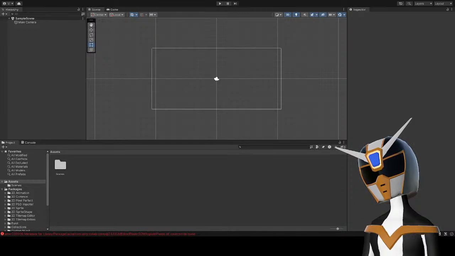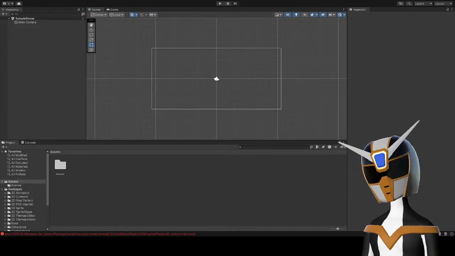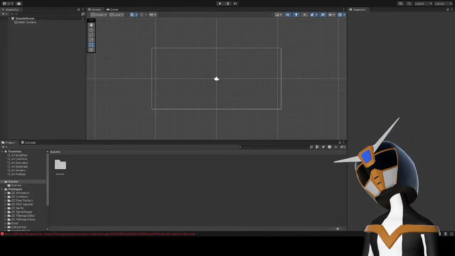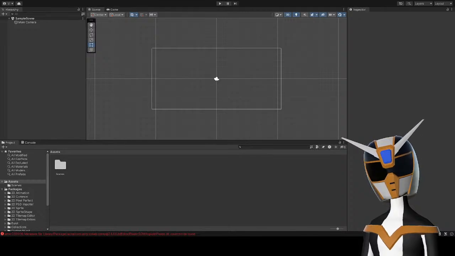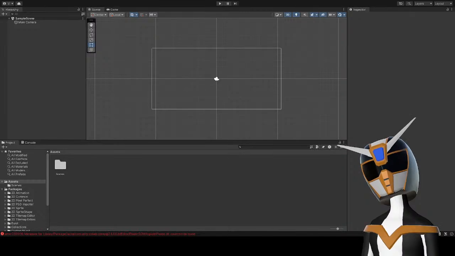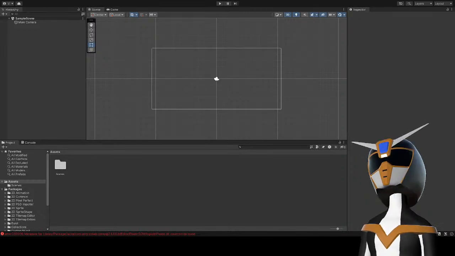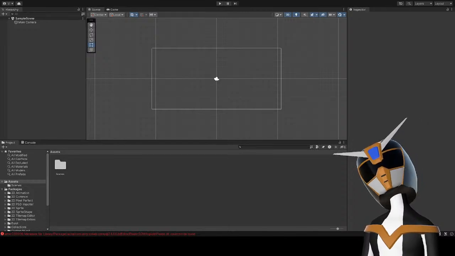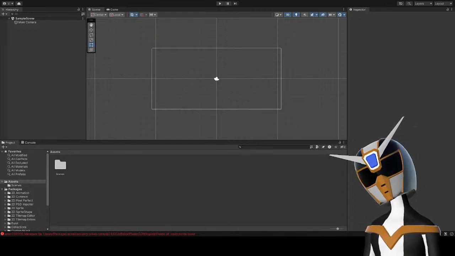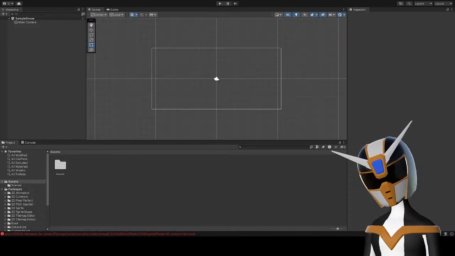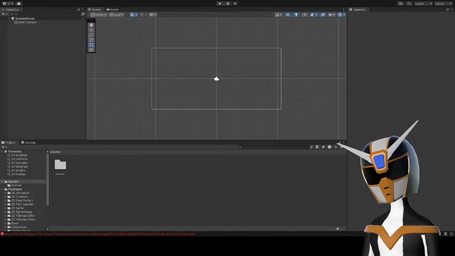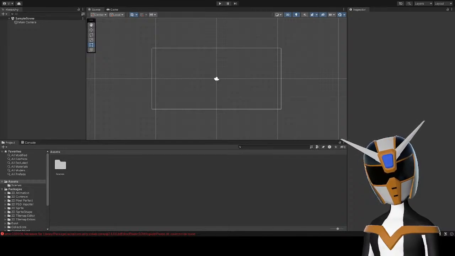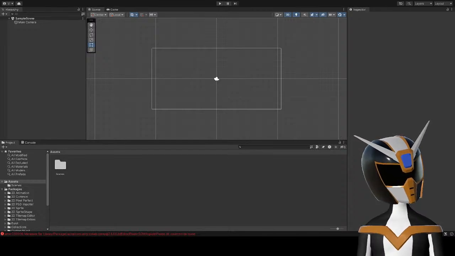So I downloaded a new version of Unity Hub and got that working. But then I tried to start up the project again, and it was still saying an error with the package manager. So I downloaded a new version of Unity, and at the same time, I downloaded Godot because I was like, fuck it, if Unity's not gonna work, then I'm just gonna learn how to use Godot, I guess. Anyway, I got a newer version of Unity, and now it's working. It's open. It's fine. I think it's fine. Theoretically, it should be fine.